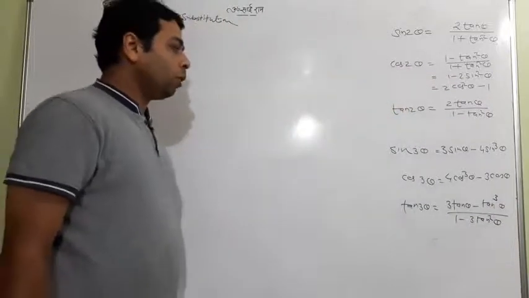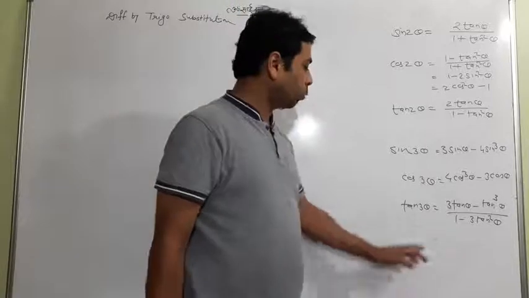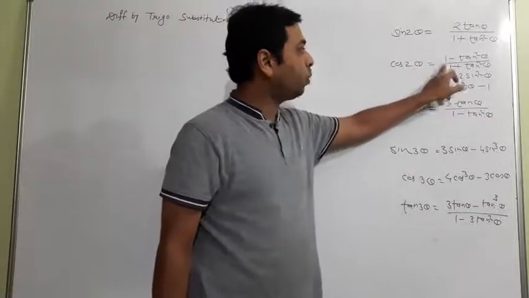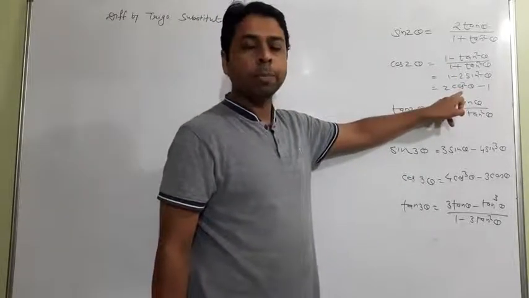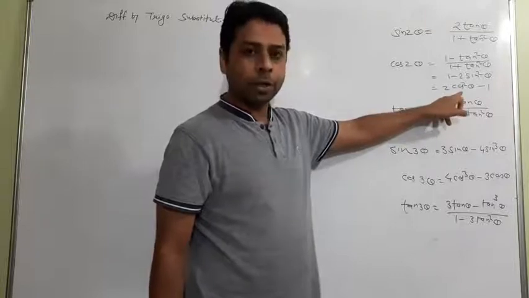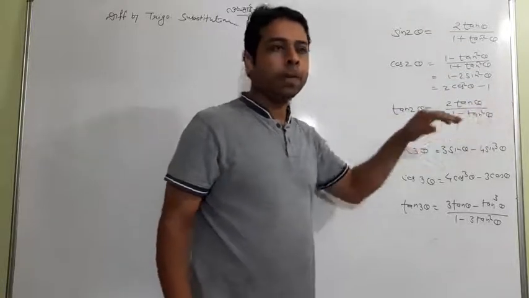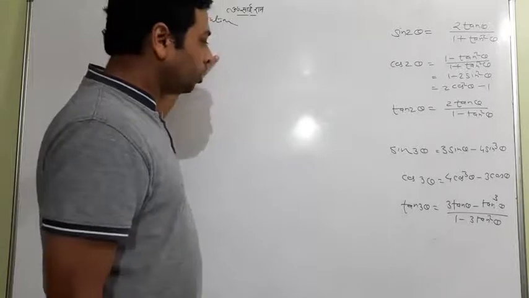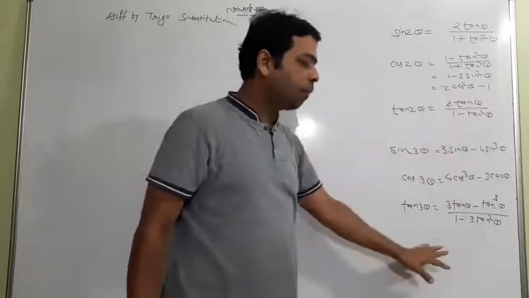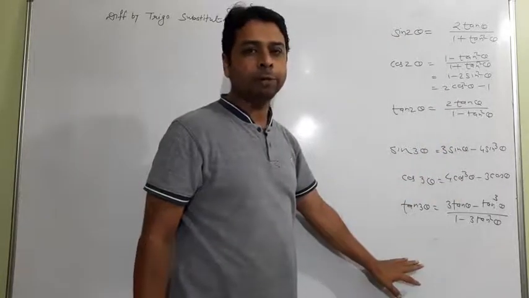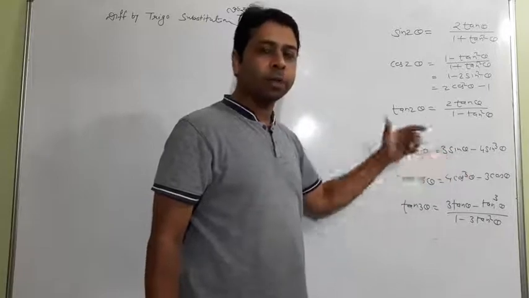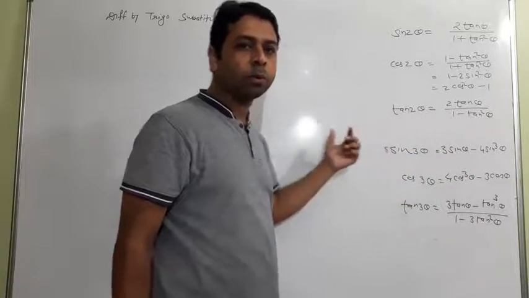So these are all the laws from sin 2 theta to tan. Cos 2 theta actually has 4 formulas, but the important 3 I have written here, which help to do this kind of question. I have mentioned all these formulas here. By looking at them, you can do the questions.